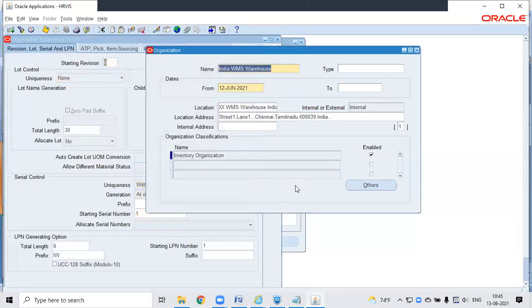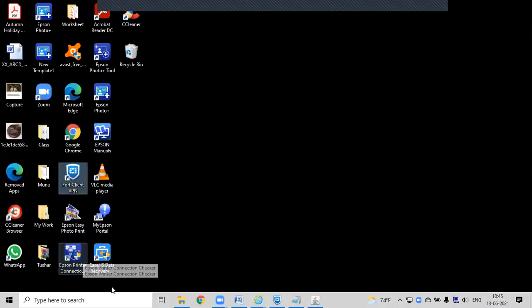Okay, yeah, the functionality is different, but of course, if you have the pre-generated LPNs only, then this reuse LPN can be used. I'll give a small example. Please, let me log into the handheld device.